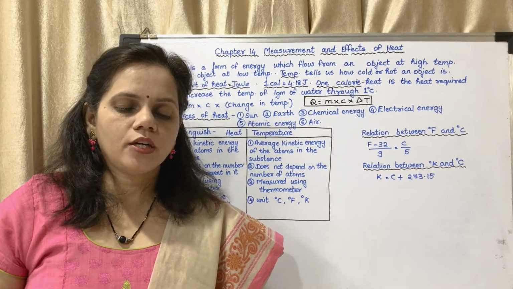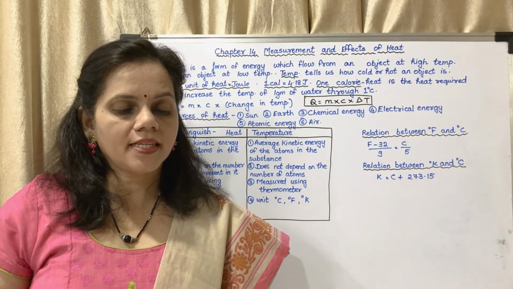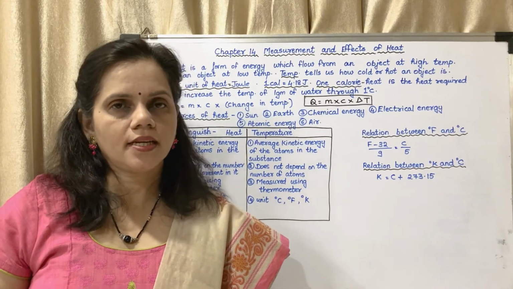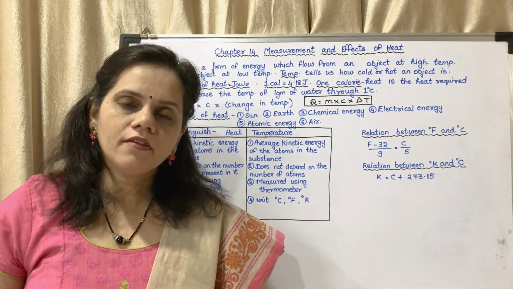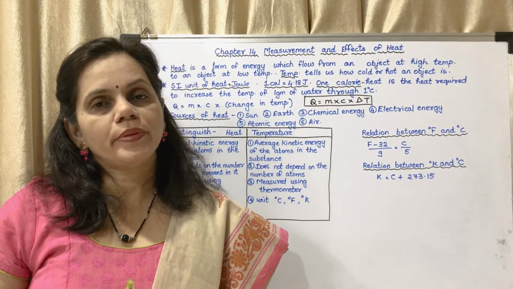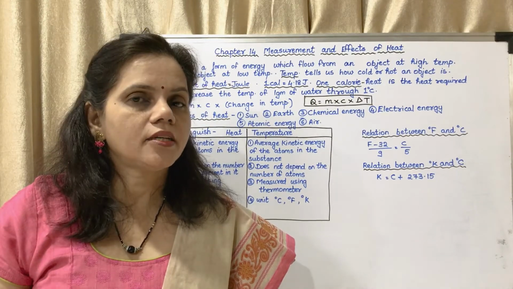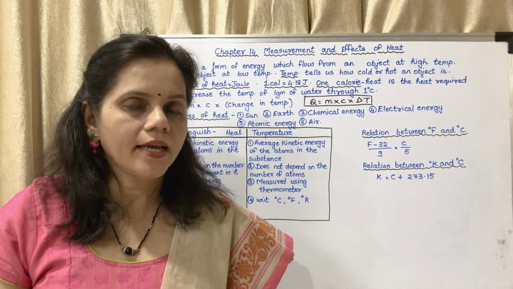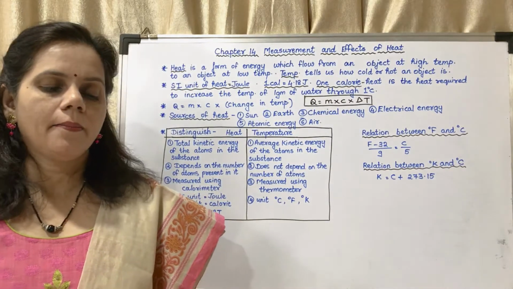Suppose A and B are two objects made of the same substance. The mass of A is twice the mass of B. That means the number of atoms in A is twice that of B. So what about heat? The heat in A will be greater than the heat in B. The temperatures could be the same in both A and B, but the heat of A will be double that of B because the number of atoms in A is double that of B. They have explained that in that paragraph.